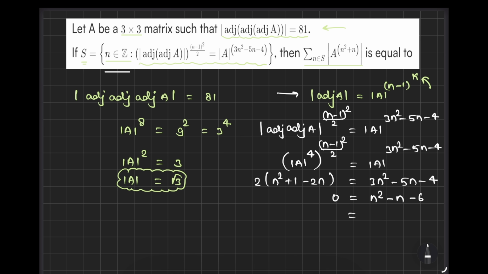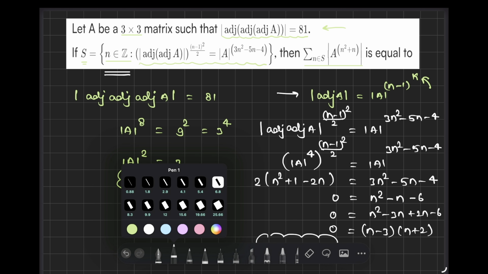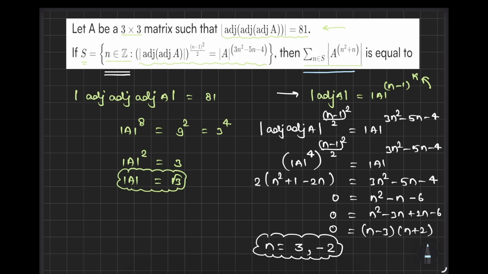Now we can factorize this thing, so n squared minus 3n plus 2n minus 6. So we can write things as (n minus 3)(n plus 2). Now we got the value of n as 3 and minus 2. Okay, and they have already mentioned that n is an integer. So we got both the integers, correct? Now we have to solve this part. So look at this. Can I write down things as n belongs to S,